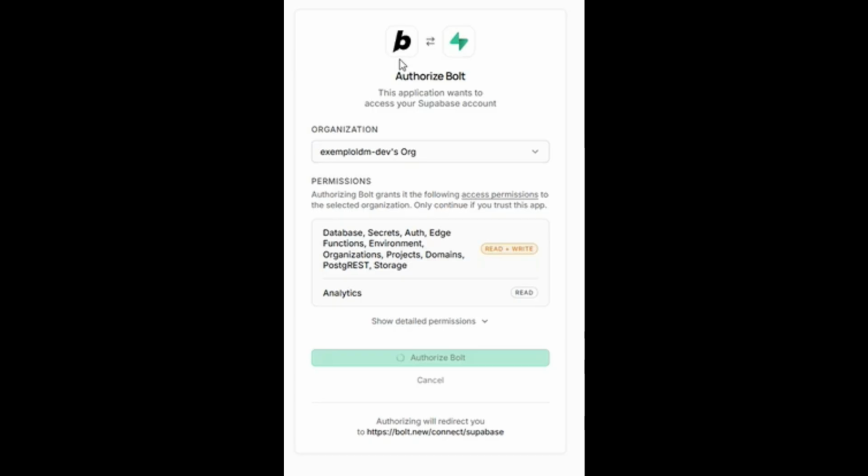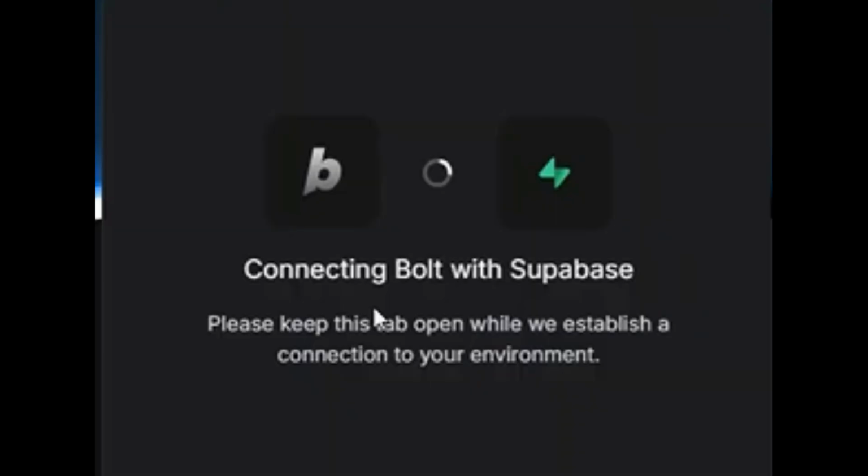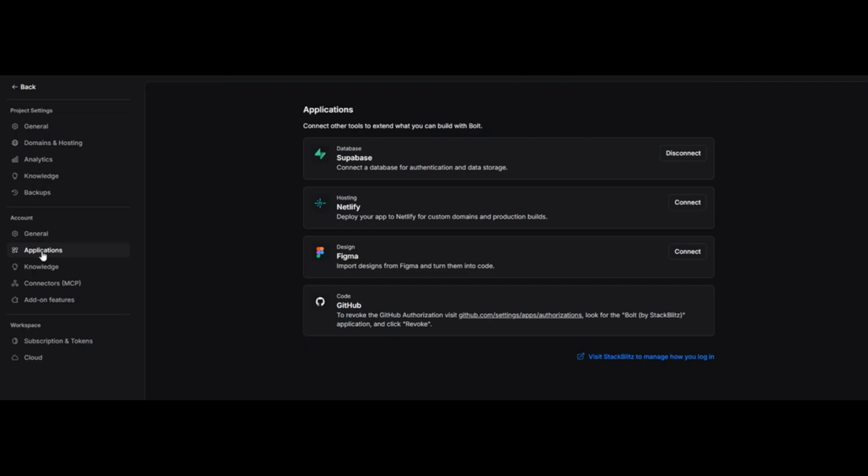Once the authorization is complete, choose the Supabase project you want to connect and wait a few moments while Bolt.new links the project. After the connection is successful, your Bolt.new app can use Supabase features such as databases, authentication, storage,